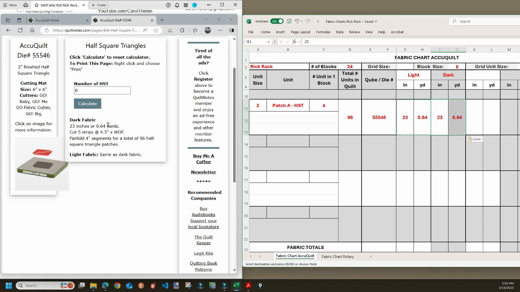And then we'll write our cutting instructions. So we'll cut 5 strips at 4.5 inches times width of fabric, and then we're going to fan fold 4-inch segments for 96